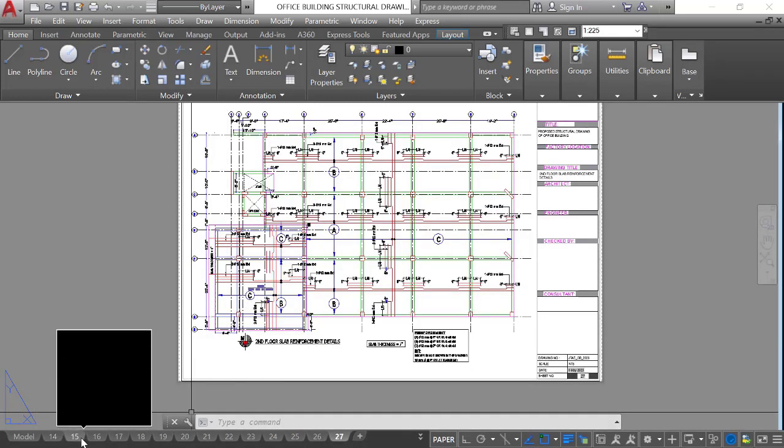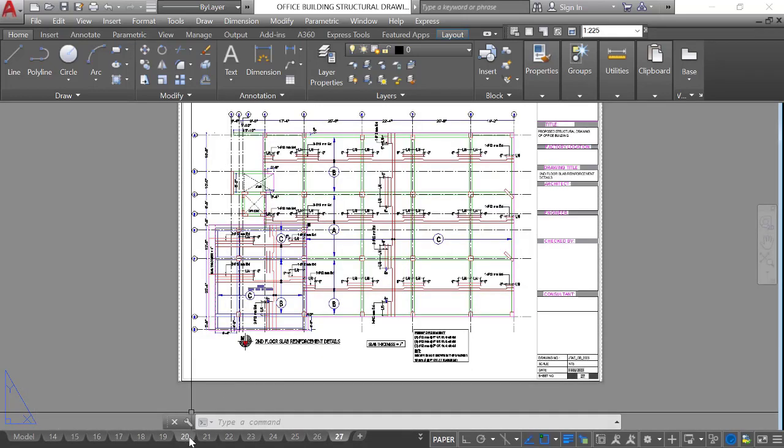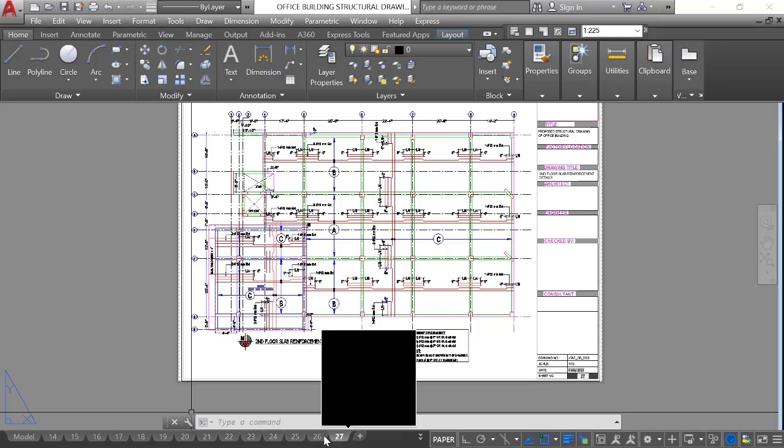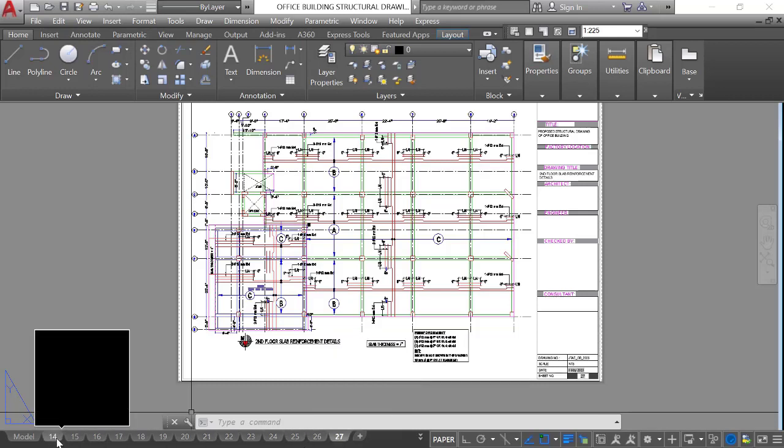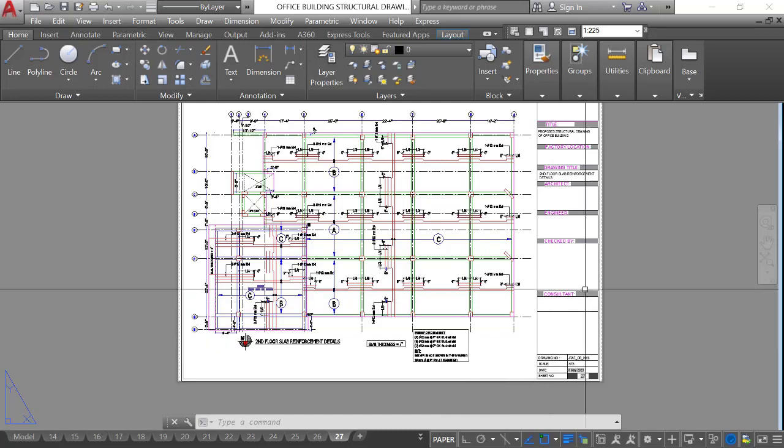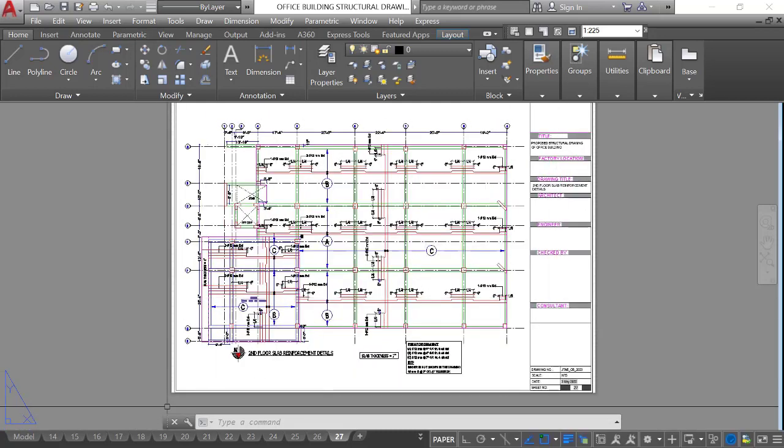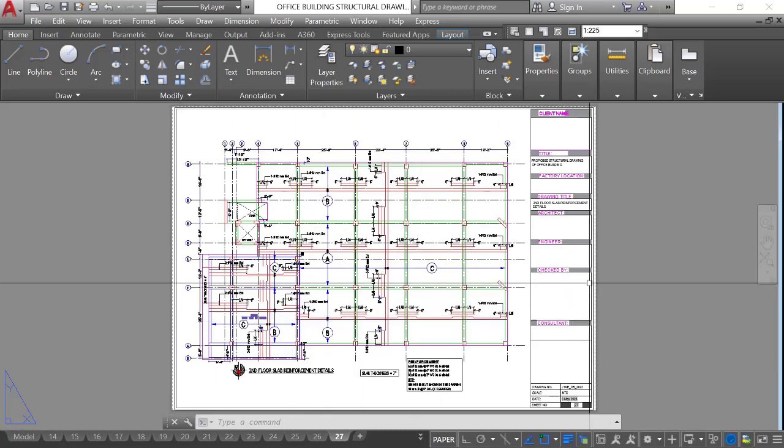Now we'll learn how to make a merged PDF file of several layout pages. There are two ways to make a merged PDF.